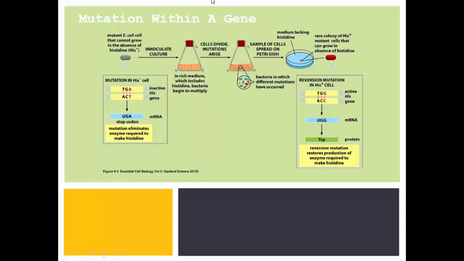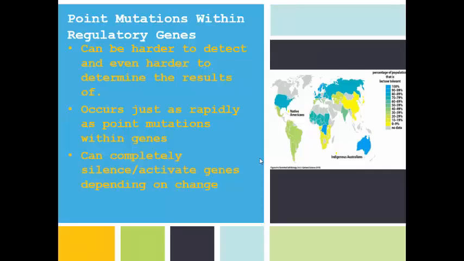The His negative cell is put into a rich media and allowed to replicate. When we sample the subsequent generations, we find that some of the cells have mutated to be able to produce their own histidine. Point mutations can also occur in the regulatory sequences in the cell. Remember those junk DNA sequences we discussed? A point mutation in this region is hard for us to find, and even harder for us to determine the